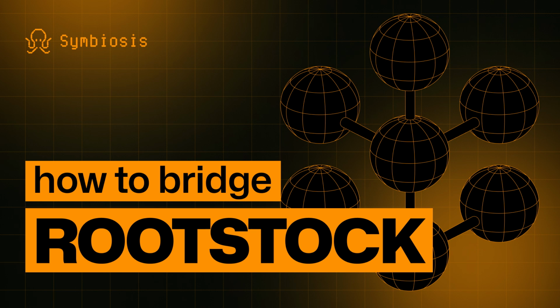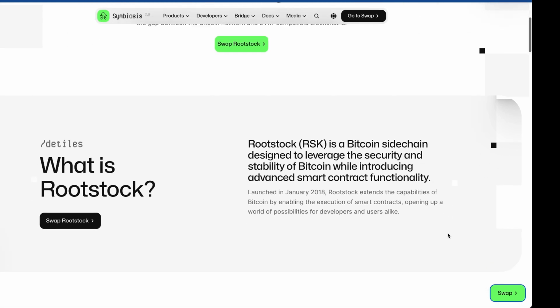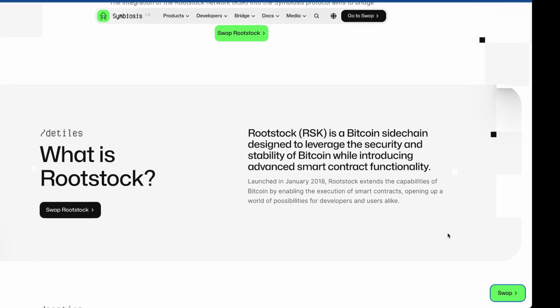Hello, dear viewers. In today's video, we will talk about how to perform token exchange on the Rootstock platform using the Symbiosis protocol. Rootstock is an innovative sidechain platform built on top of the Bitcoin network. It combines the security of Bitcoin with the capabilities of executing smart contracts, creating an unparalleled combination in the field